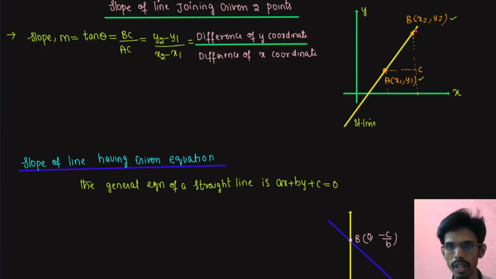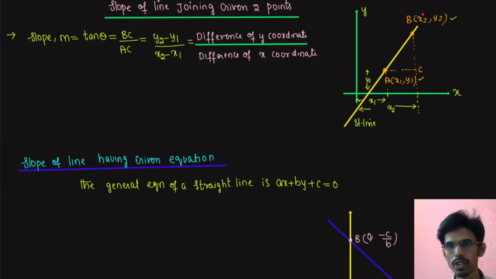Here this point x1 indicates that this length is x1, and this y1 indicates this length. So any point represented on coordinate axis represents the distance from x-axis and distance from y-axis. So x1 comma y1 indicates distance from x and y-axis. Similarly, for point number 2, this will be x2. It means that x2 length, it is far.